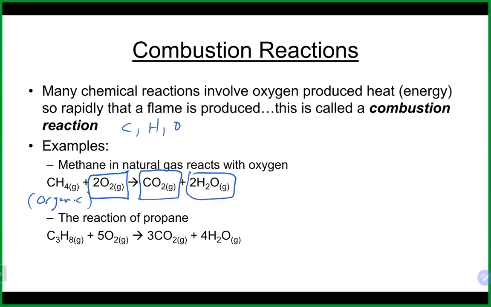That's basically what happens when you light your Bunsen burner. A more generic definition of a combustion reaction is simply this: all you need is oxygen on the left-hand side of the arrow. If you have any reaction that has oxygen on the left-hand side of the arrow, it is a combustion reaction. And that is why, when we look at this reaction that we saw earlier